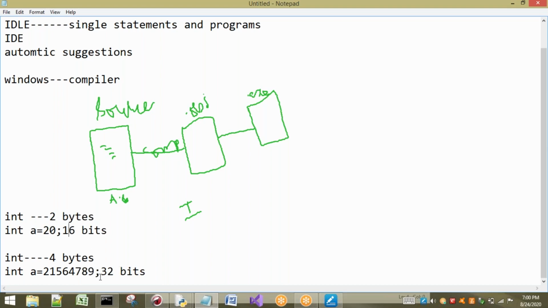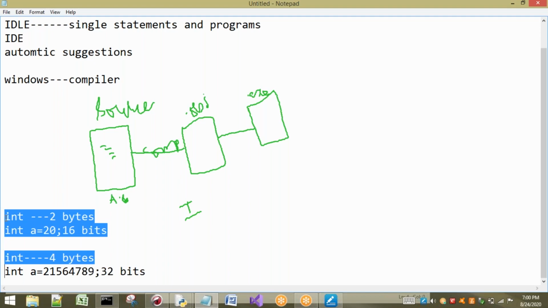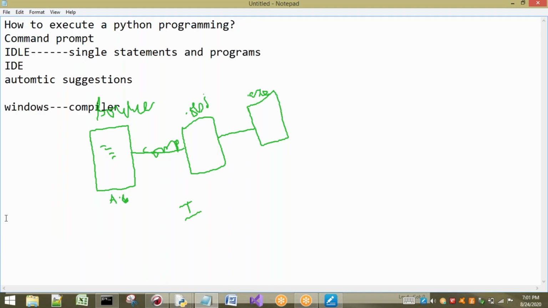When we write code in another operating system where the size of int is 32 bits, we can store this value. But when I send the same program to another system, according to that compiler the int size is only 16 bits. Can we execute this statement in this system? No, it is not possible. That means if we consider C programming, it is not the same for all platforms.